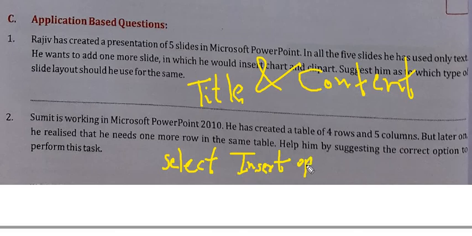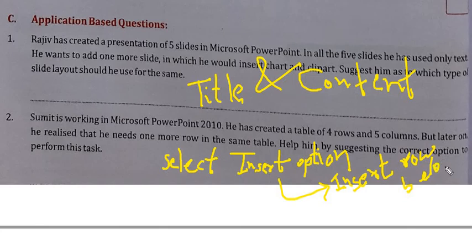Select insert option, and under this, what does he have to write? Insert rows below. Getting? Right click in the last cell. If you right click, then also you will get this option. Insert row below, like this. This you will write in this. Okay.